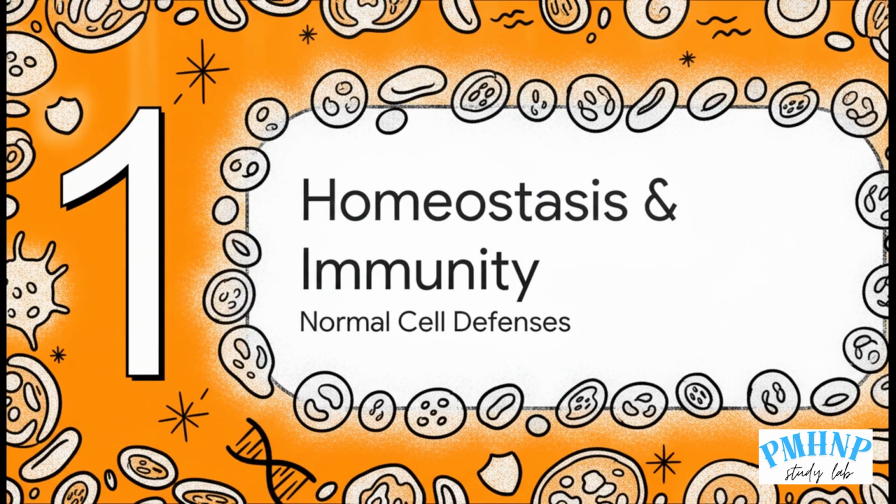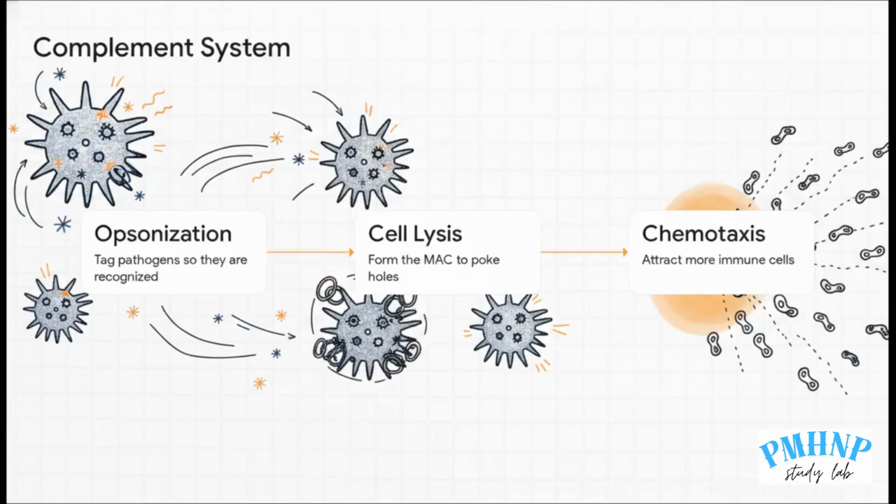Section 1. Cellular homeostasis and immunity. Okay, when pathogens crash the party, your innate complement system rapidly kicks in. It fires off 3 sequential steps to assist with early inflammation. Step 1 is opsonization, basically tagging the pathogens so they're easily recognized. Step 2 is cell lysis, which involves forming the membrane attack complex, or MAC, to literally poke holes right in the pathogen. And step 3 is chemotaxis, acting like a chemical homing beacon to draw even more immune cells to